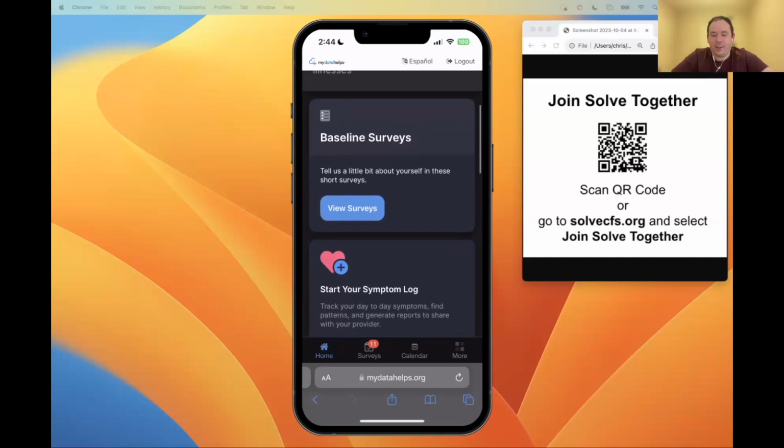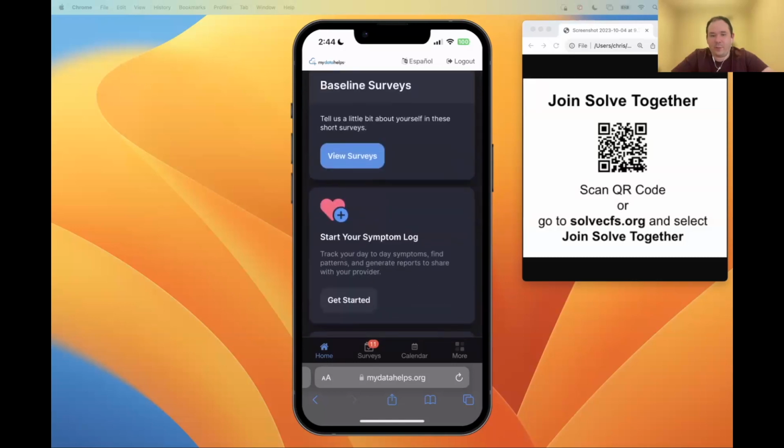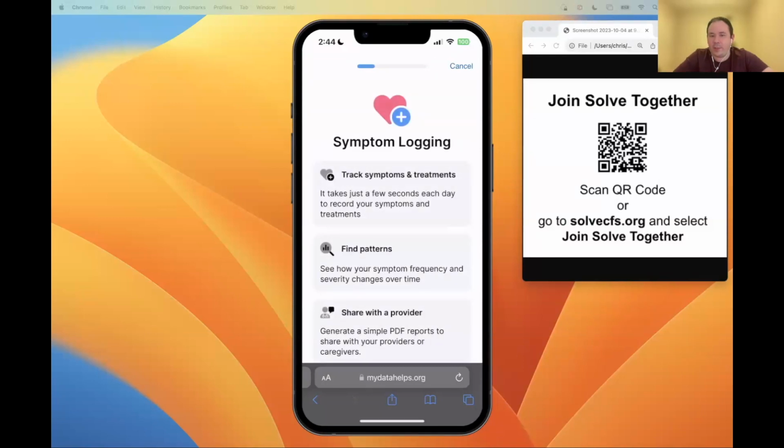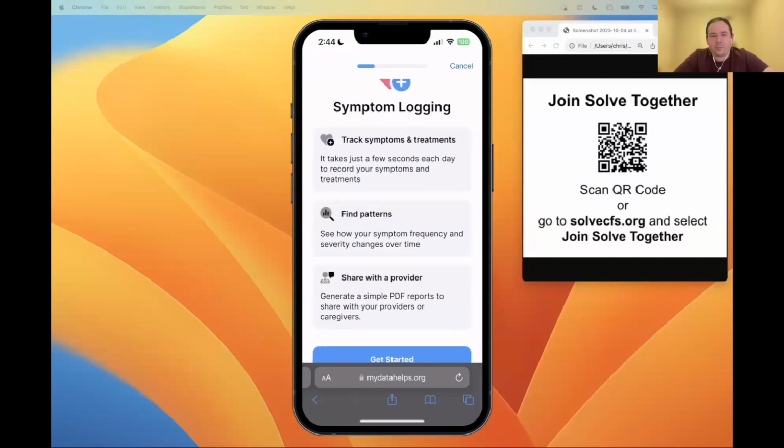So, after I've connected the wearable, I can see this tile start to show up of start your symptom log. And again, we hope this is a useful feature to you, but I know daily logging can be a lot for a lot of people. So if it's too much burden-wise, it's certainly not required, like everything else in Solve Together. But getting started, you just tap the button and it'll,